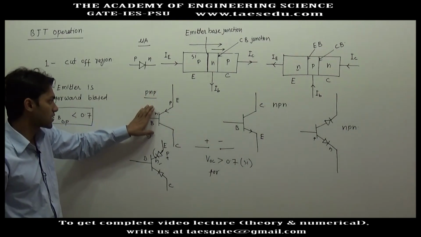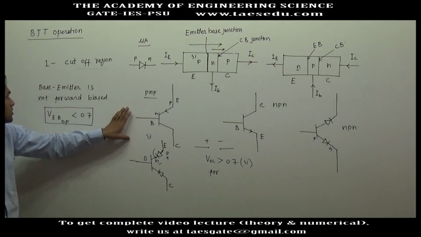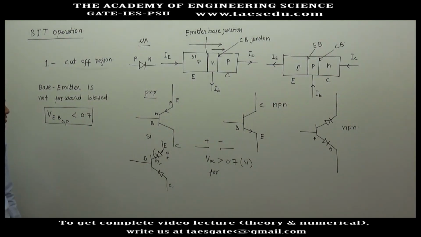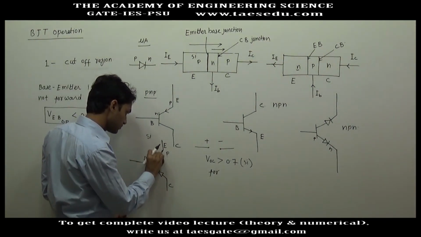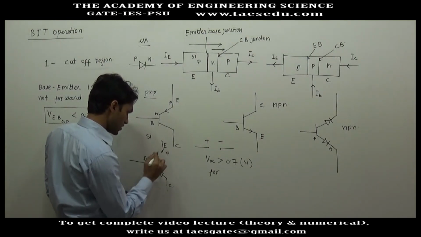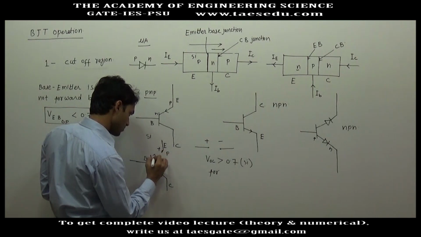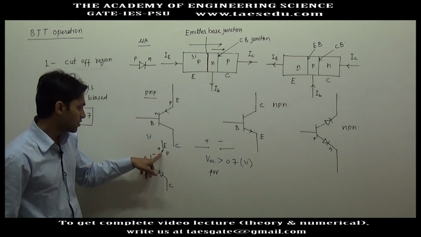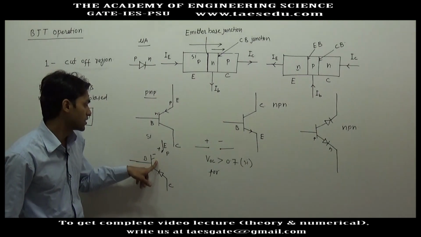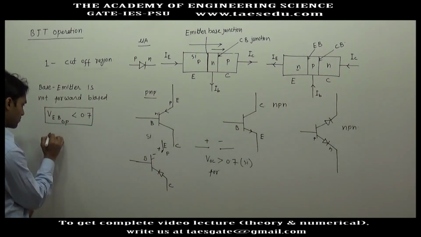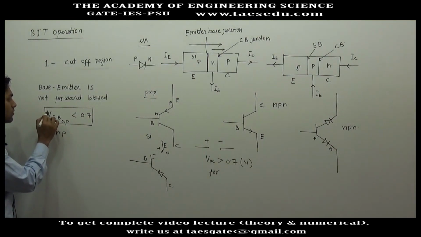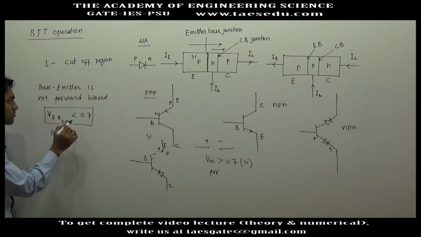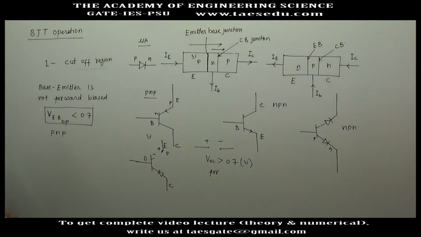Because this transistor will be connected in a circuit, and if you are required to check in which region it operates, you can do this by checking voltages only. So in that circuit, you will first open circuit it. You will make the proper open circuit polarity. Positive will be on p type material, negative will be on n type material. So for a PNP transistor, the emitter base open circuit voltage will be less than 0.7 volt.